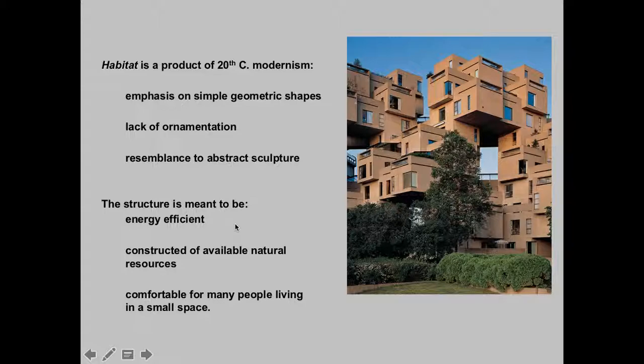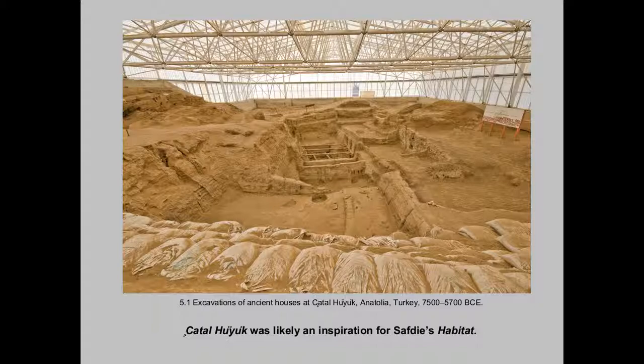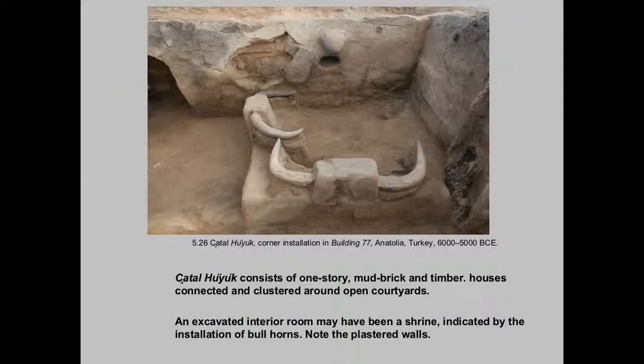These are meant to be energy efficient and to be constructed out of available resources. And perhaps this area has a lot of adobe, I don't know. Or this was a project constructed with wood and we just can't see it. So it's comfortable for multiple people in a smaller space. So that was one of our inspirations. We looked at that. This is a close-up. These are one-story mud, brick, and timber houses, very similar to adobes, which I live very close to here in New Mexico, Pueblo culture. And some of these buildings, actually one in Tahoe,